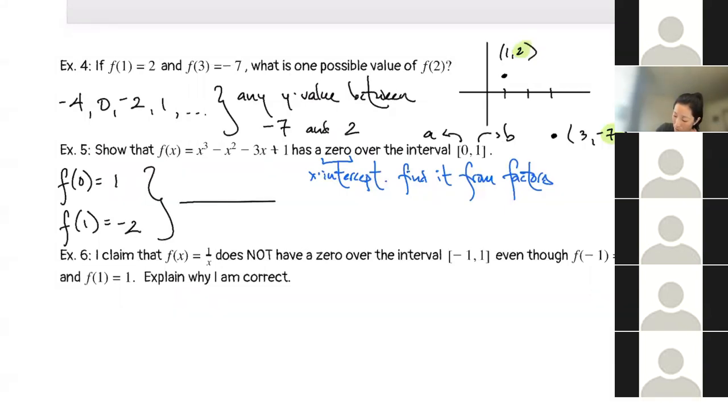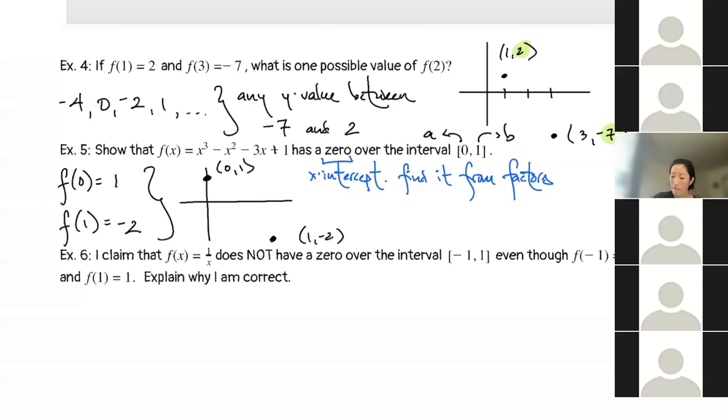Now let's put those on a picture. So f of 0 is 1. This is my first point. F of 1 is -2. If I want to connect those, okay, if I want to connect those,